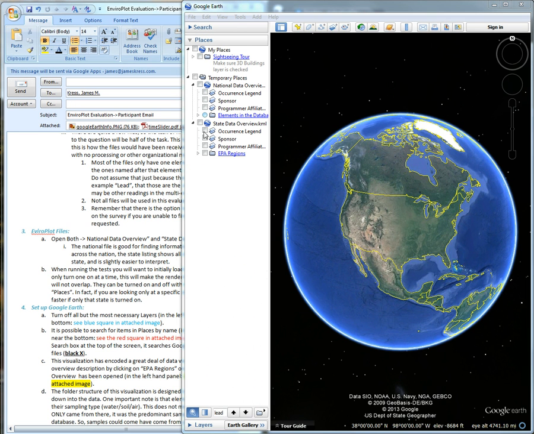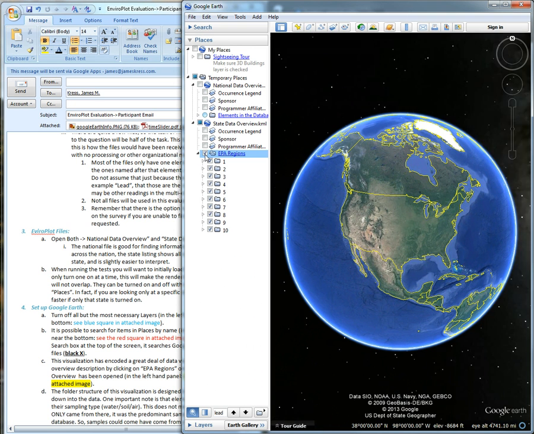They have our legend and our two logos, and then the main file tree here. So this one, the state overview, is divided into EPA regions. There are 10 EPA regions in the United States. If we go ahead and turn that on,